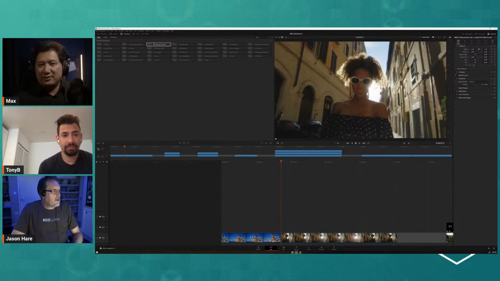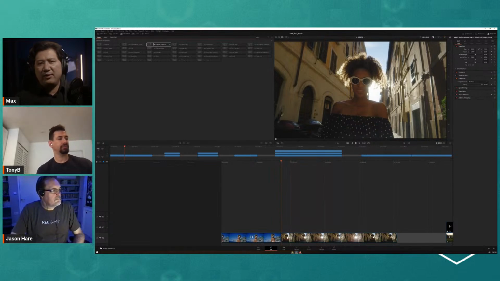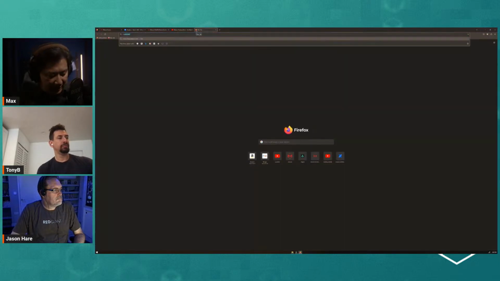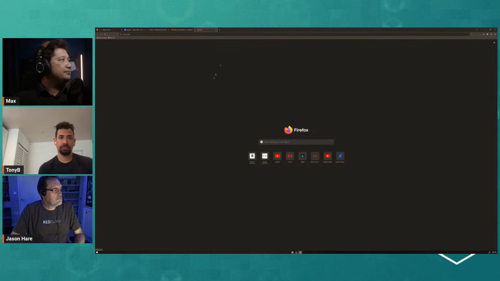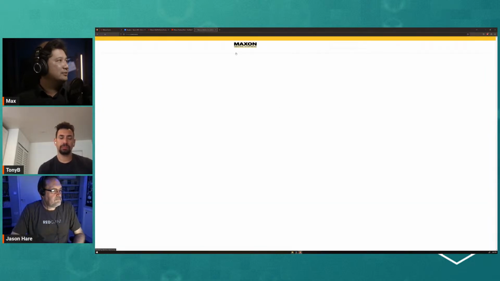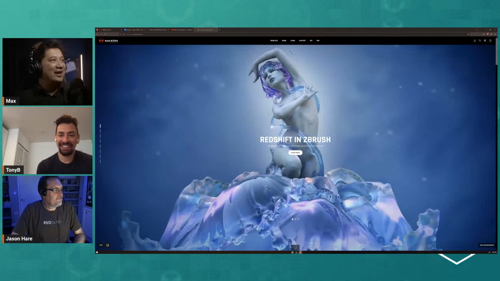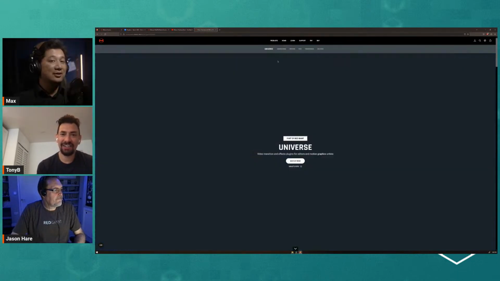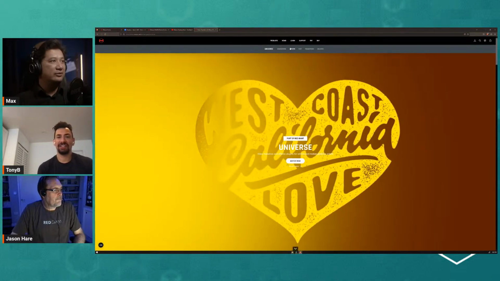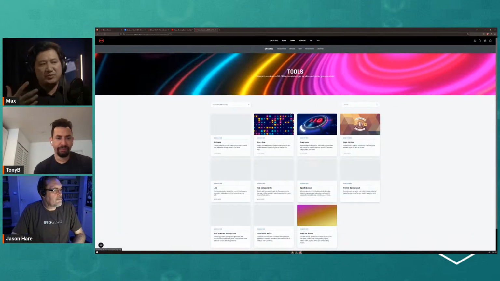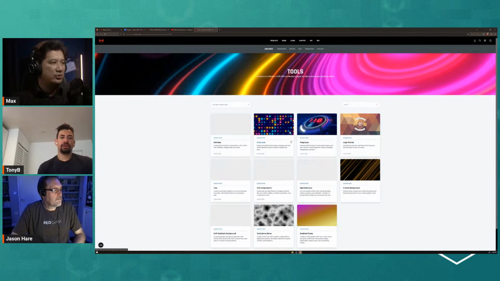But in Universe, there's not just transitions. We have plenty. For example, if you go to the website maxon.net and go to products, Universe, you'll see that in Universe there are 5 different categories of effects. The first one is generators. Generators just means that the effects create something out of nothing. So if you want a background or